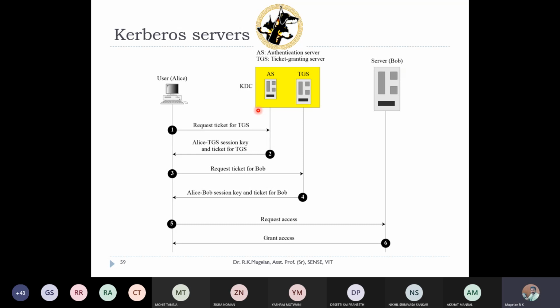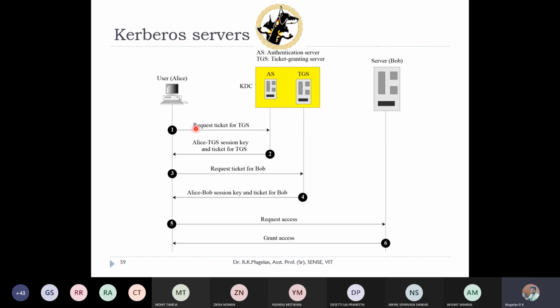The authentication server takes care of authenticating the users and the applications, whereas once every authenticity is approved, only then will the ticket granting server issue the keys and other things for sharing of the key.